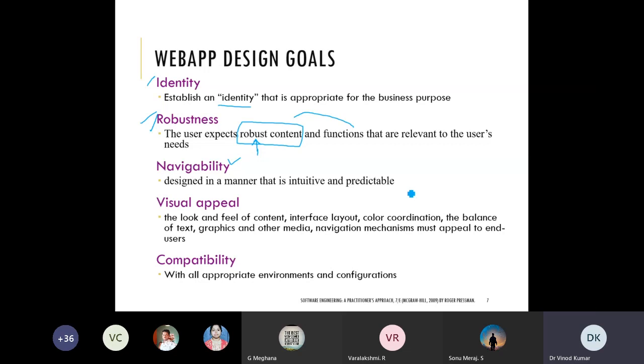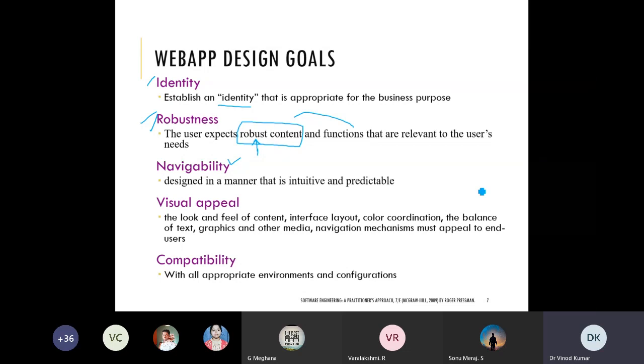That should be intuitive and predictable, wherever you will go next. Like on the home page, what will be the next page to go to, or whenever you are inside the pages, you can predict whether you will go next or go back, or some option is there.